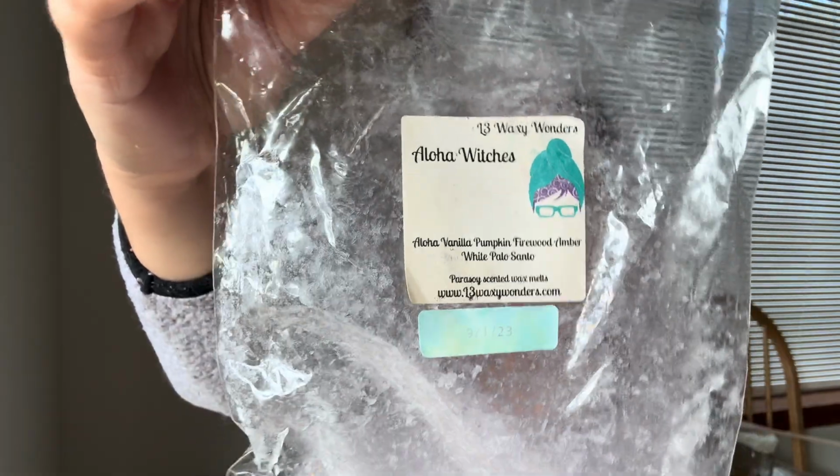Aloha Witches was a really cute tombstone, and this one was unique. It's Aloha Vanilla, Pumpkin Firewood, Amber White, and Palo Santo. If you guys have ever smelled Amber White in comparison to normal amber, Amber White is this very clean cut amber, where normal amber is this warm, darker scent. Amber White is very clean, and with the Aloha Vanilla, which is also a lighter, fresher vanilla,